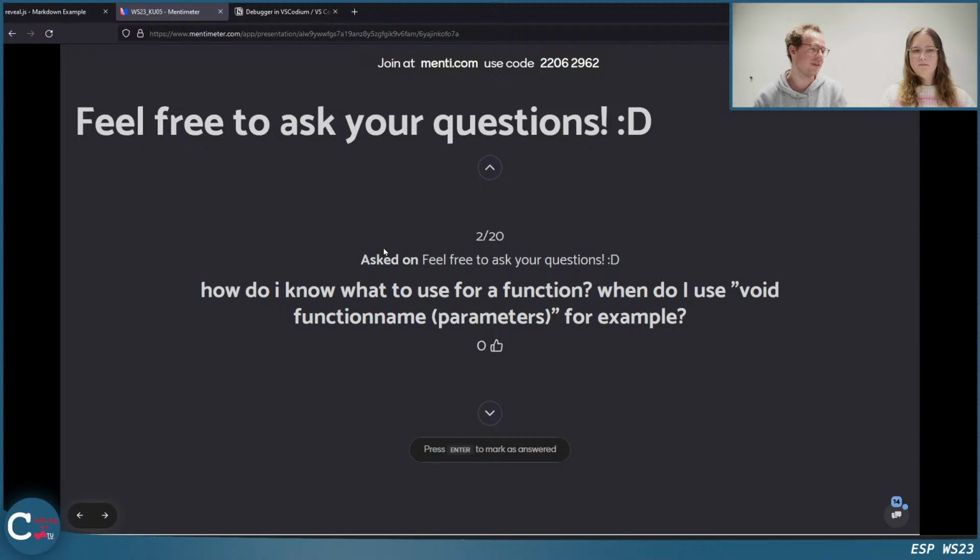If I want to do some computation, then usually I pass in the parameters needed for this computation, and I obtain a result. For example, if I want to compute the game result, then I need as input what the computer and the player have chosen, and I want the result as a return value. If I want to print something in a beautiful way, I usually only need to pass the parameters that need to be printed, but I will not get a result from this function, so then I use void.